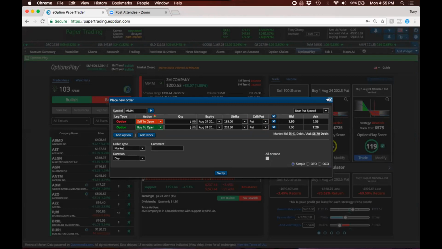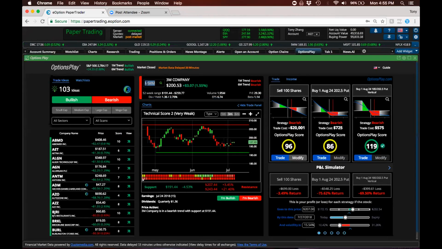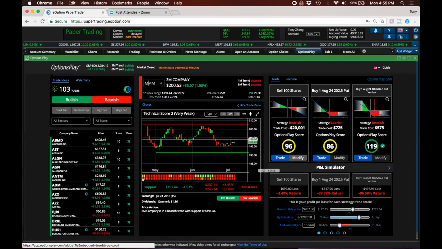So this is really the tool that allows you to create any settings that you want. You can use this tool even without earnings. Even if you don't expect earnings to happen, you can use this P&L simulator to say whatever scenarios you expect the stock to happen, what your expected returns and losses are, so that you can decide which strategy is best suited for you. So I just have one last example to use.